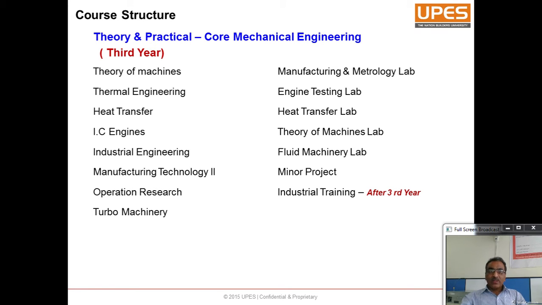Then we'll be coming across industrial engineering. Industrial engineering gives you an overview about the industrial scenario. What are the various functions of an industrial sector? How to do the planning? How to design the layout? How to go in for the material procurement? How to do the purchases? All those things will be covered under that. Then in the manufacturing technology part, you will be taught about the different types of machines. Like you must be aware of the lathe machine, and the milling machine and all those things.